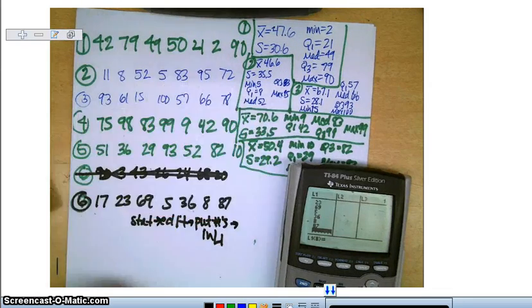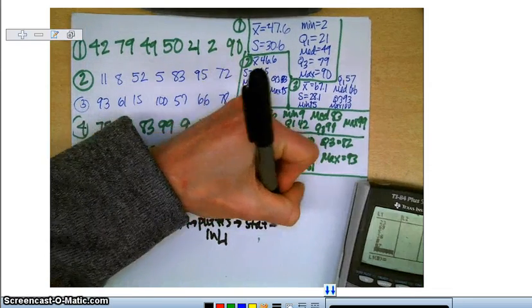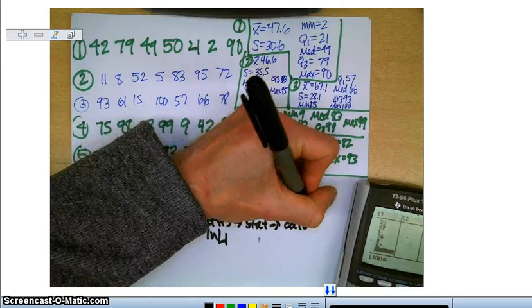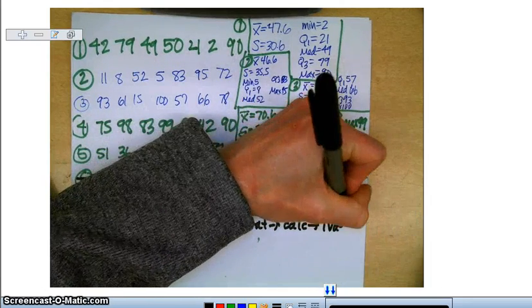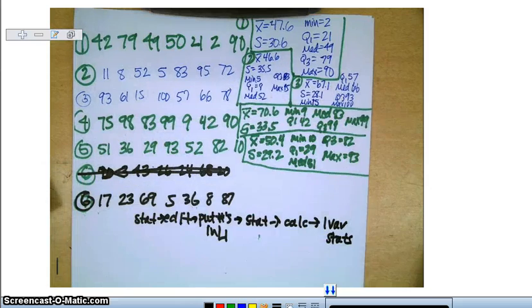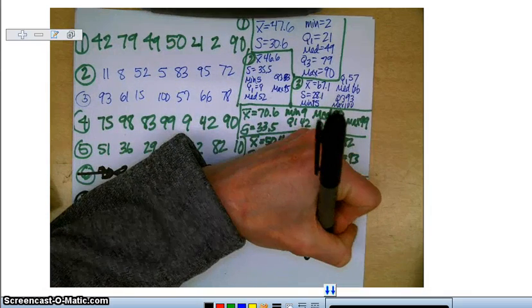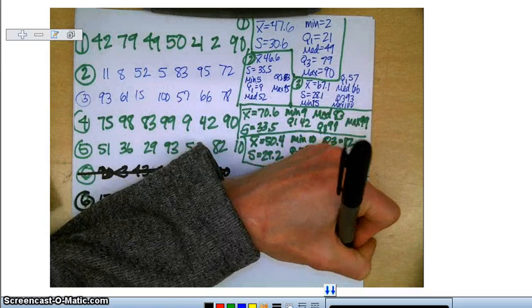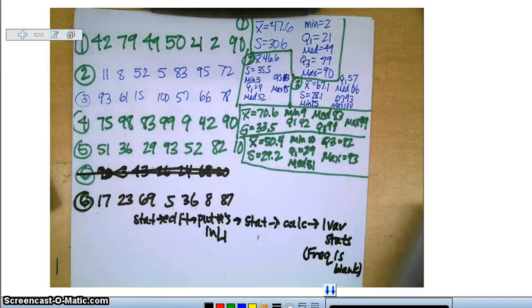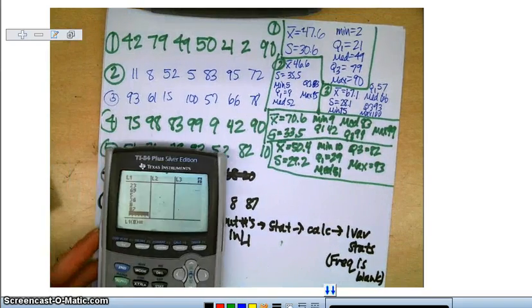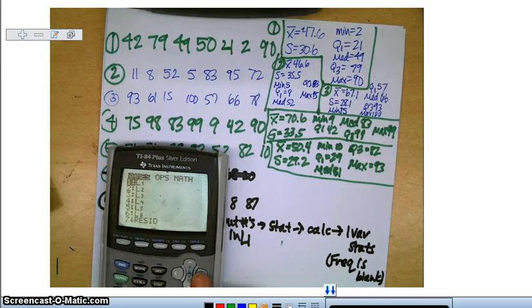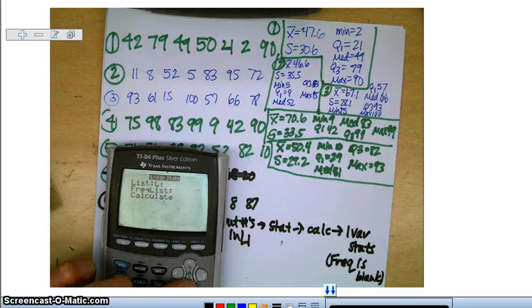Okay, then the next thing I'm going to do is hit stat, calc, and then one variable stats. So stat, calc, one variable stats, and I want to make sure that the frequency list is blank. So you're going to make sure that your frequency list is blank here. So I'm going to hit stat, over to calc, and then one variable stats. I put my data in list 1 and my frequency list is empty,